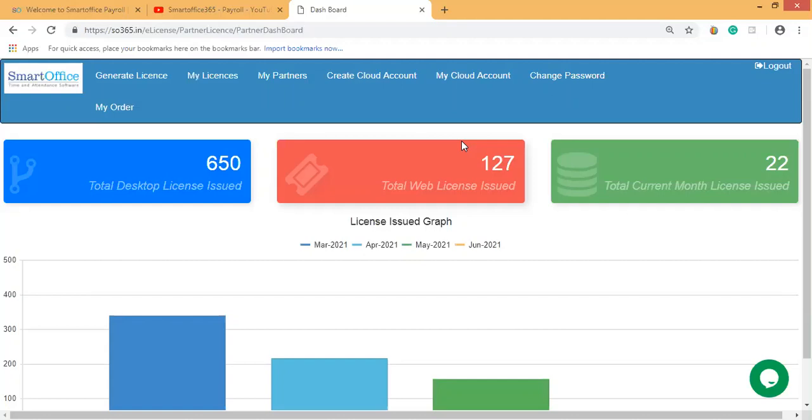We have given limitations for the dealers, for employees, and for the users. If you are a registered and authenticated dealer, once we enable your partner login from the backend, you will get a free license up to a certain limit.